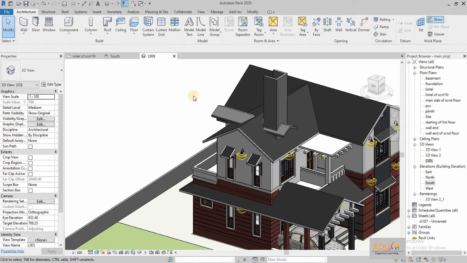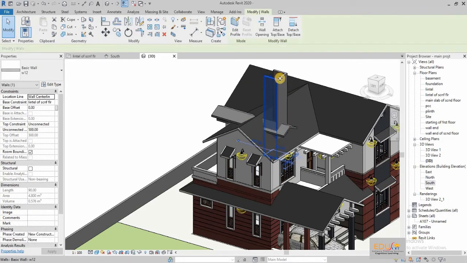Then select the 3 walls newly drawn. Next step is to attach the top and base of these selected walls onto the dormer roof part and main roof by using the Attach Top or Base tool.